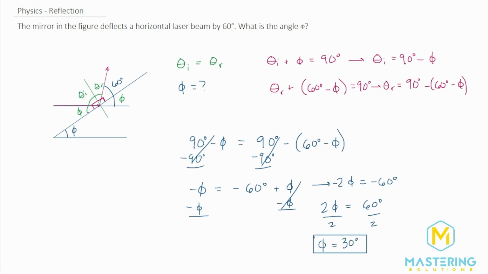So we solved for the angle phi, and you probably could have guessed that it looks kind of like 30 degrees. But we don't want to just guess, obviously. We want to prove that it's 30 degrees. So using some skills that we picked up from geometry class, we solved for the angle phi, which is 30 degrees.